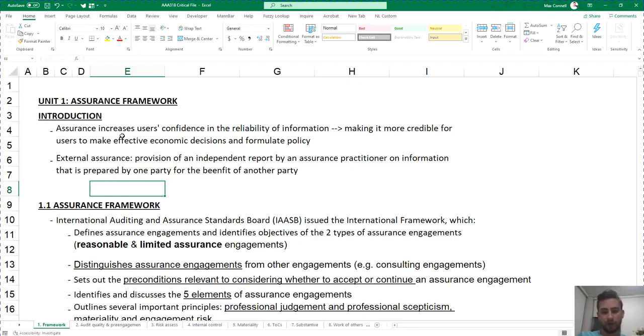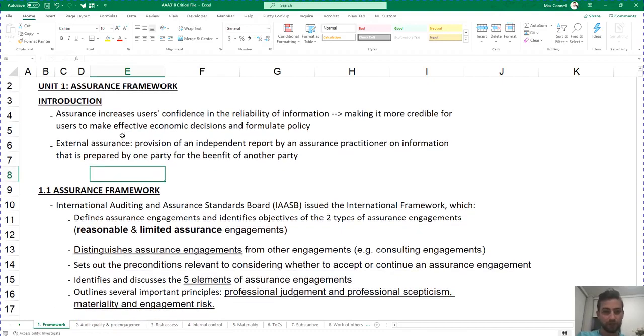For example, if you are a shareholder in a company, if you want to invest in a company or you currently have shares in a company, you're making financial decisions to invest your money based on the information given to you in the form of financial statements, which tells you the profitability of companies, what the asset and liability function is, what the cash flow of these businesses is. So you have a very strong reliance on this information, and therefore you need this information to be correct. So the assurance process is a way of including checks and balances to ensure that that information is